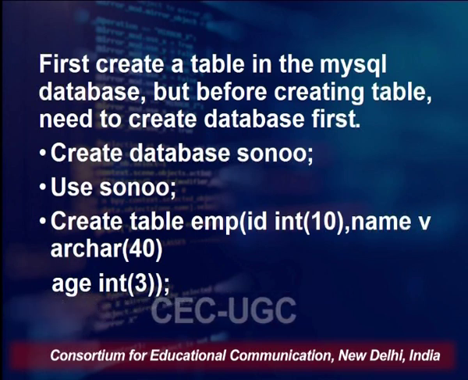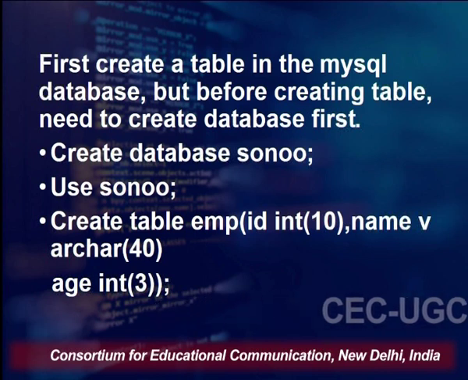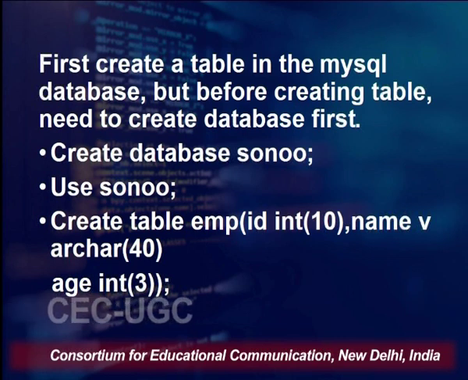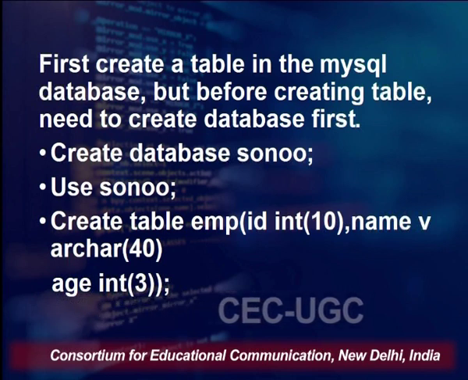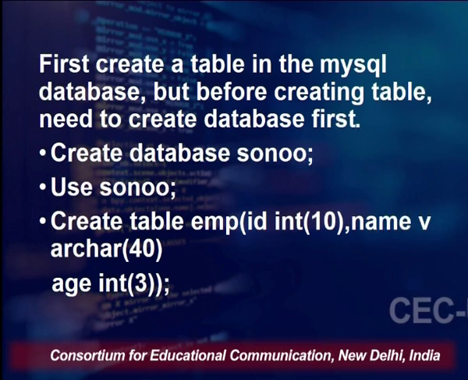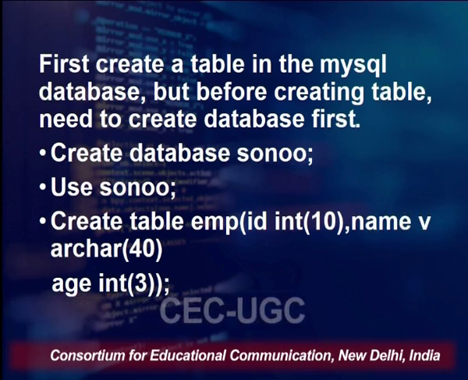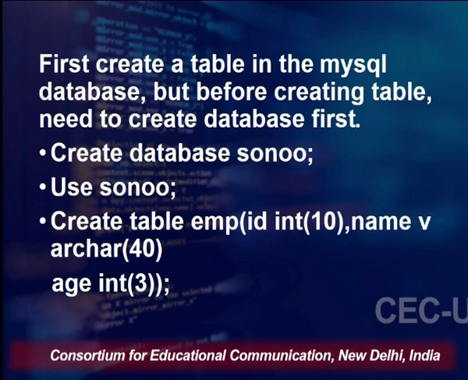Please note this categorization: the database name is Sono while the table name is EMP. So, create table EMP. There are three fields. One is ID which is going to store the IDs of the employees, and I have given integer 10 as the data type and the size. The next field inside this table EMP is name, and as the name indicates, it is going to be a character type. So, I have written varchar 40,